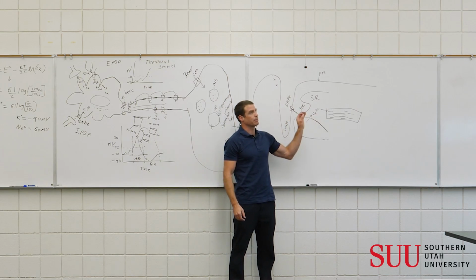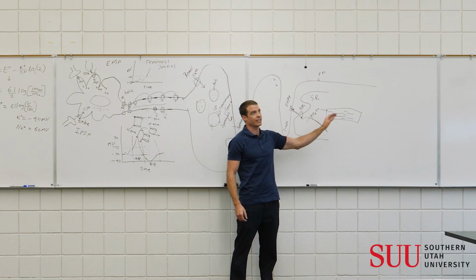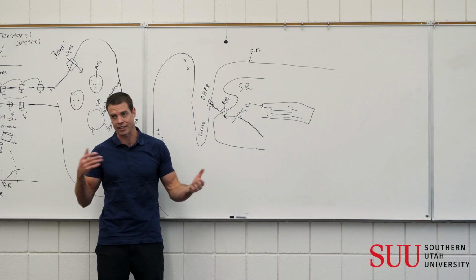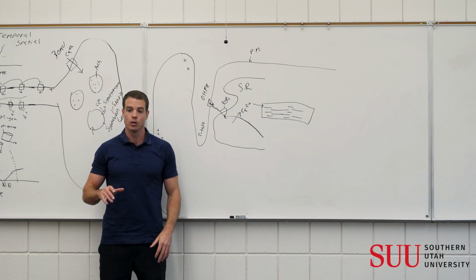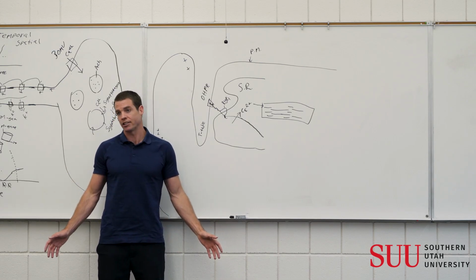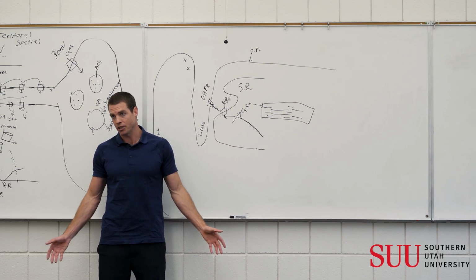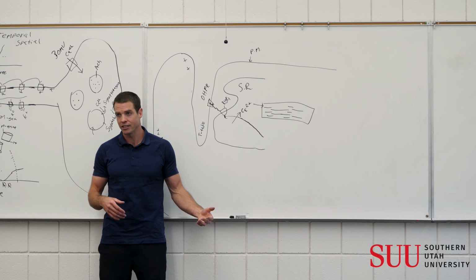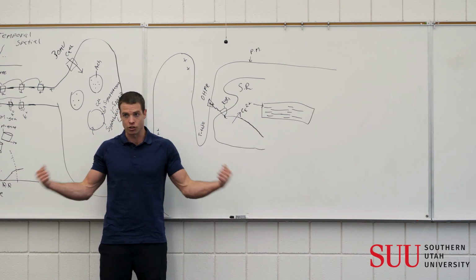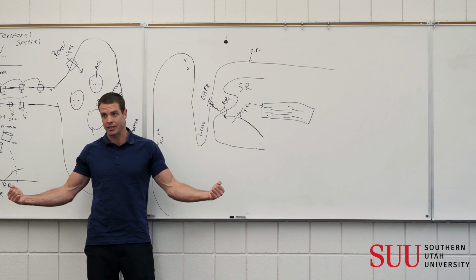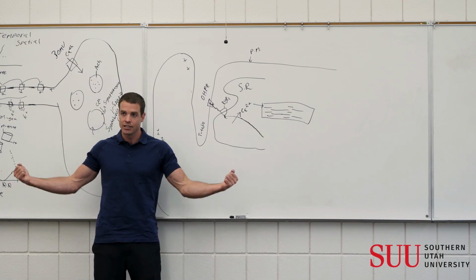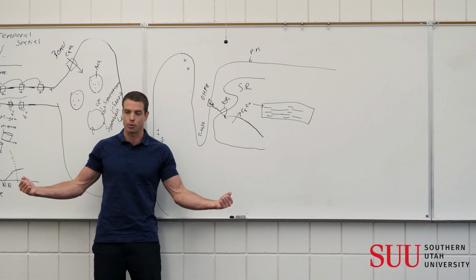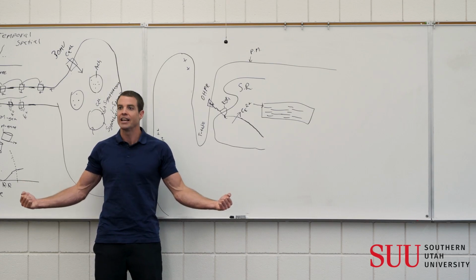So again, thinking about this, it's the calcium that's going to initiate everything. It has to first bind to troponin C in order to get the cross-bridge cycling to start happening. At rest, when you're not exercising, you have plenty of ATP in your muscle cells, and so the ATP has bound to all the myosin heads, and then the myosin heads have hydrolyzed the ATP. It's just sitting there with the ADP and the inorganic phosphate. It can't bind to the actin because the tropomyosin is in the way. As soon as that calcium binds to troponin C, it moves the tropomyosin out of the way, and then boom,